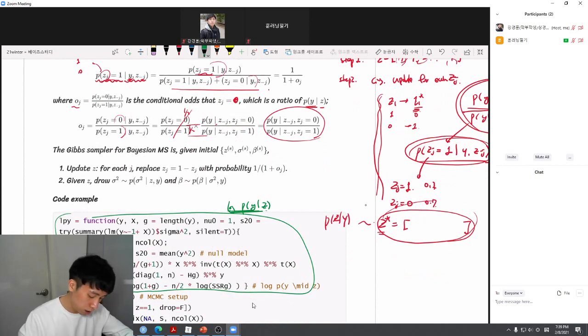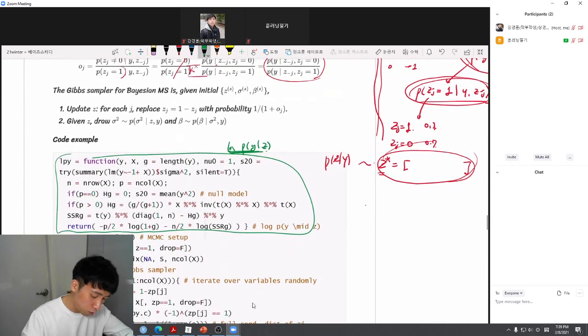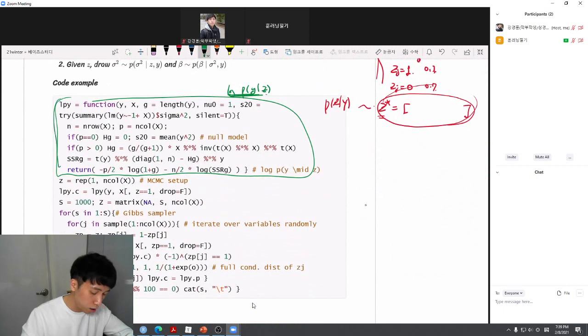Once you set this function, all you need to do is set up an MCMC chain and start it. For the initial estimate, we use the all-inclusion model. This is our starting point,